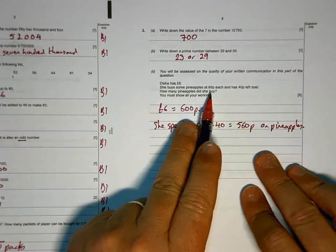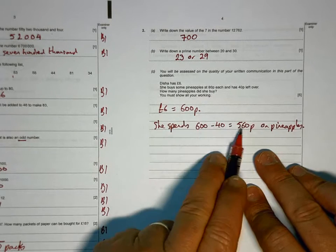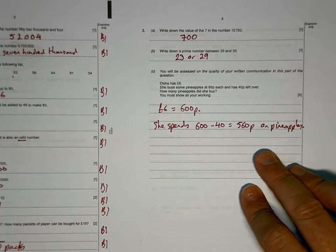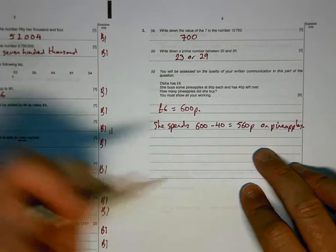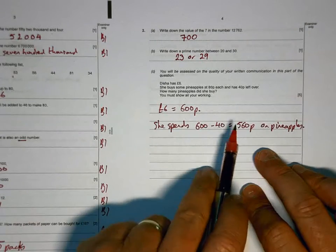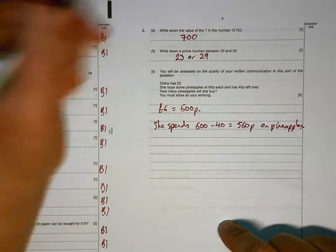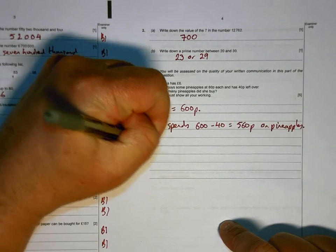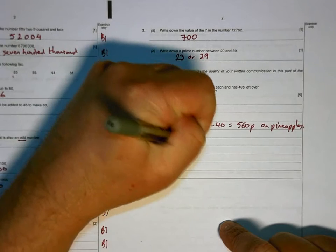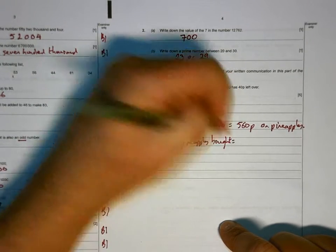Now we know that each of the pineapples costs 80 pence. So if we see how many 80 pences fit into that, then that's going to tell us how many pineapples she has bought. So there are different ways of doing it. You could just total up your 80s, or you could do a division. It doesn't matter how you do it. I'm going to go division. So the number of pineapples bought will be